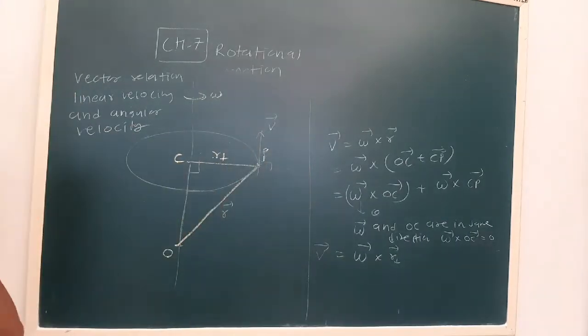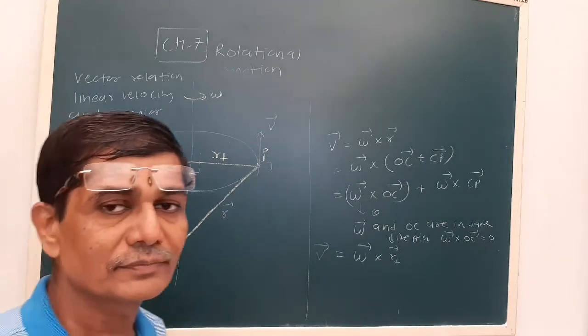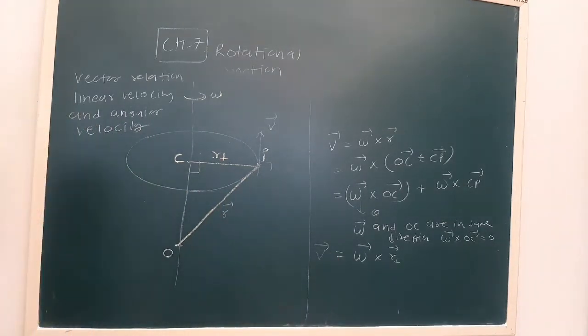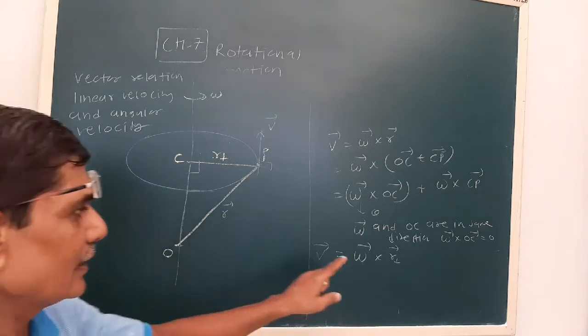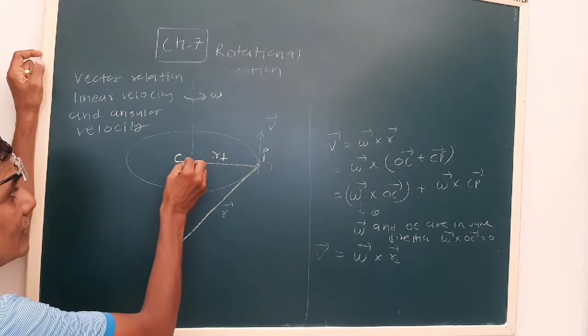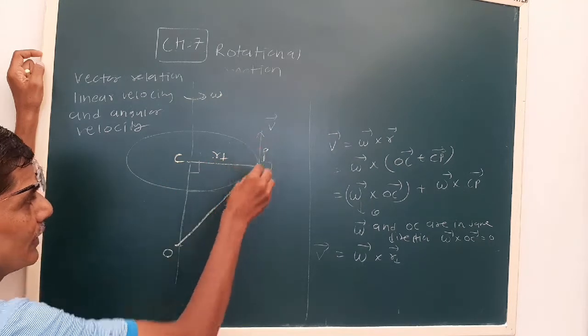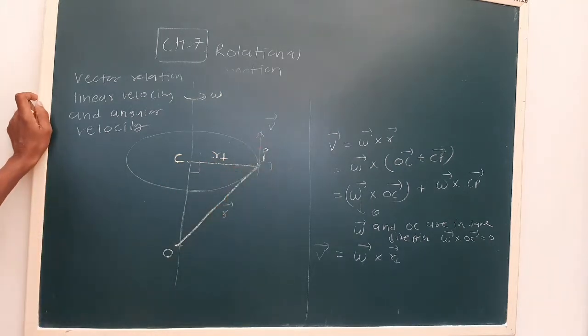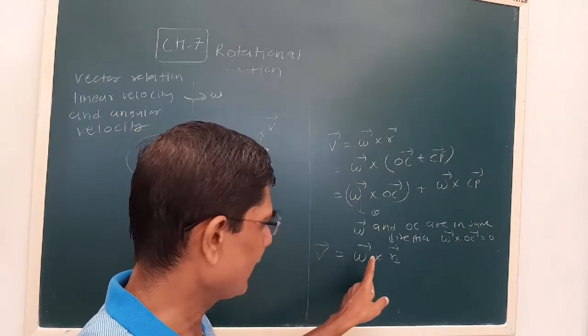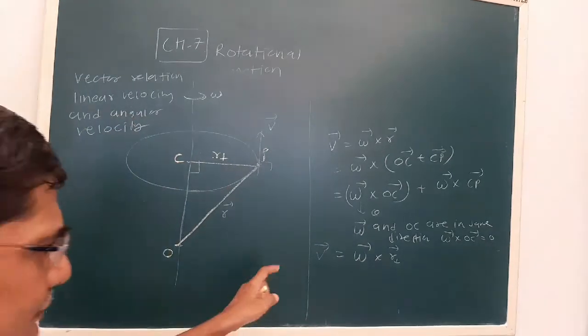Okay, now uniform circular motion. The velocity is always tangent to the circle, that is fixed. But we can say omega cross r perpendicular. Omega r perpendicular is the perpendicular distance between the center of the circular motion and the velocity. So the vector relation between linear velocity and angular velocity is given as V is equal to